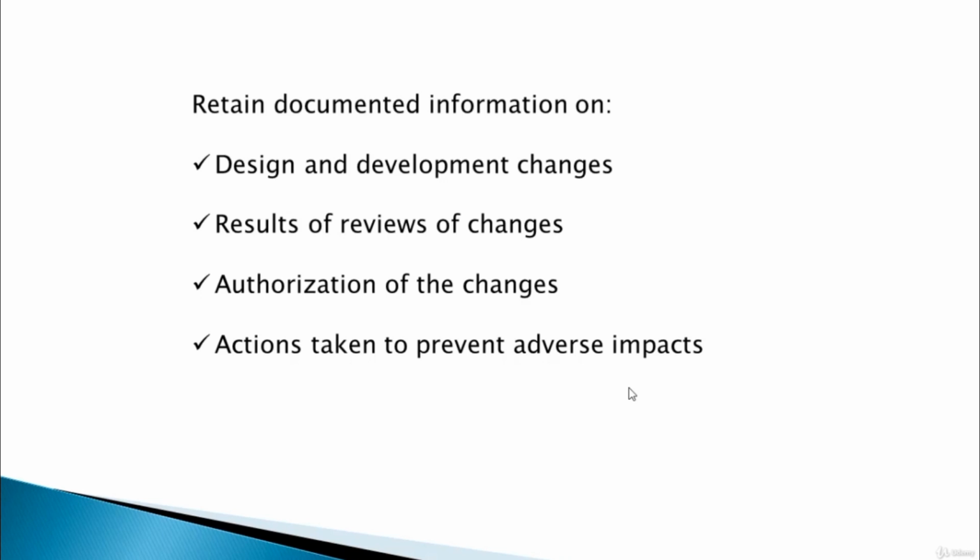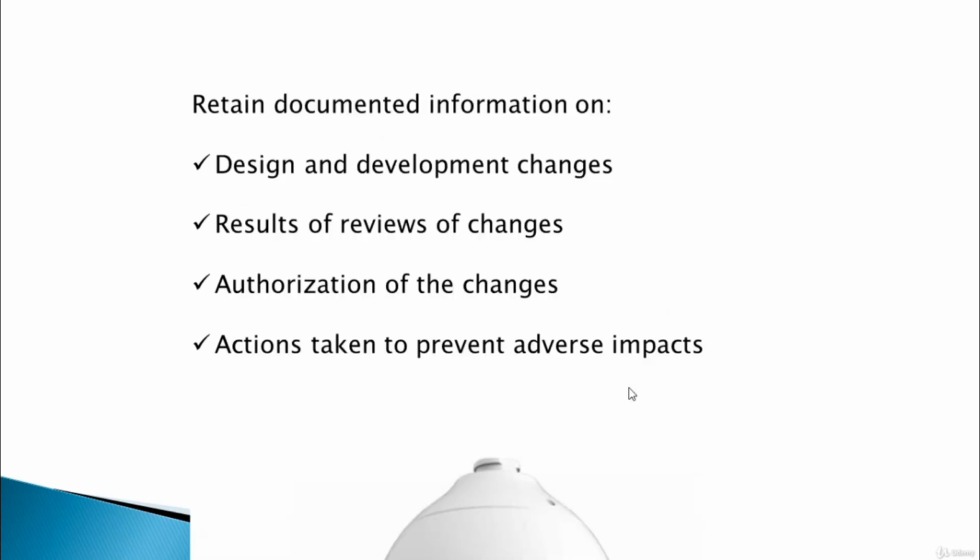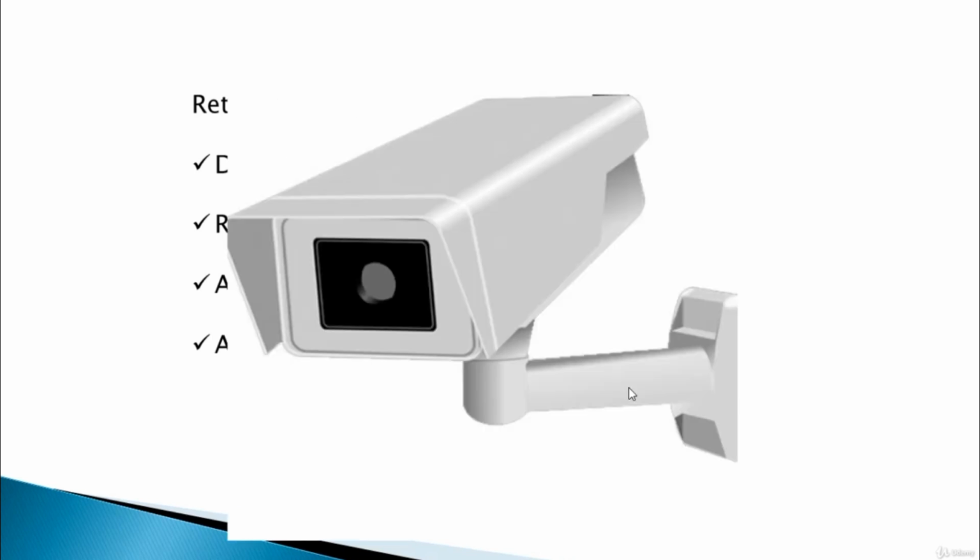Let's take the example of maybe a client who wants a fixed camera instead of a pan tilt zoom camera, so a PTZ, so a fixed camera instead of a PTZ camera. The organization is required to document that, of course considering risks, cost, and the output,